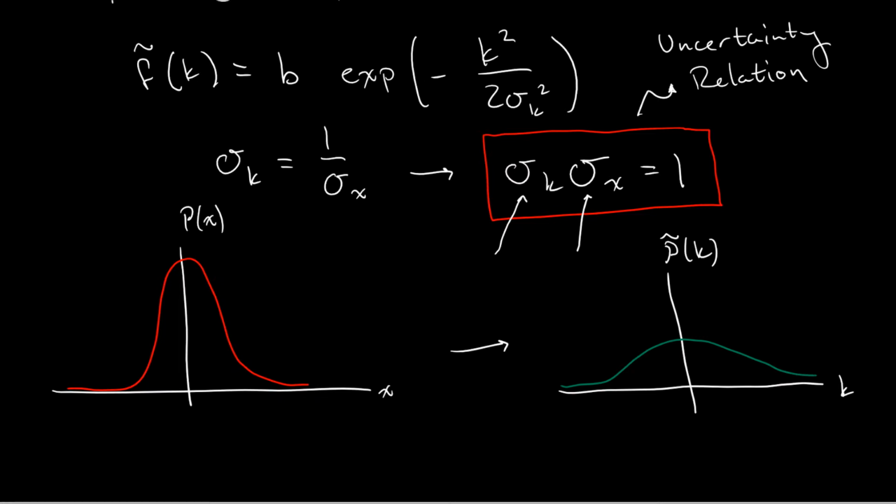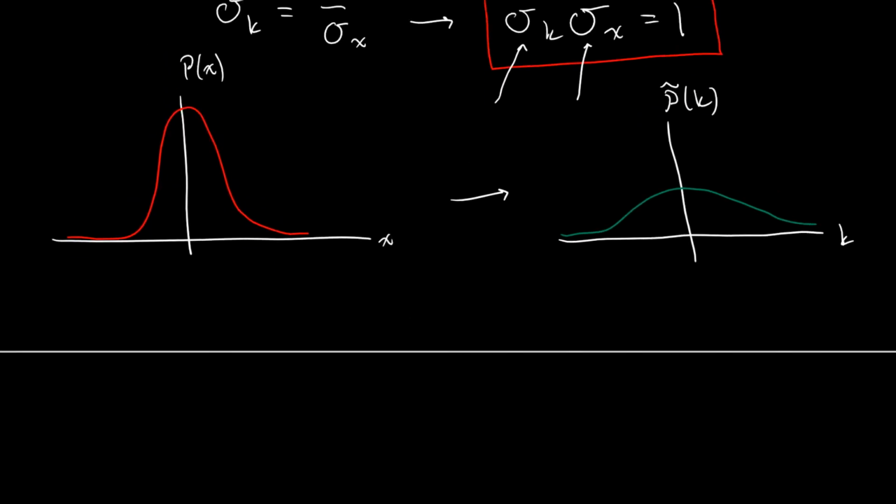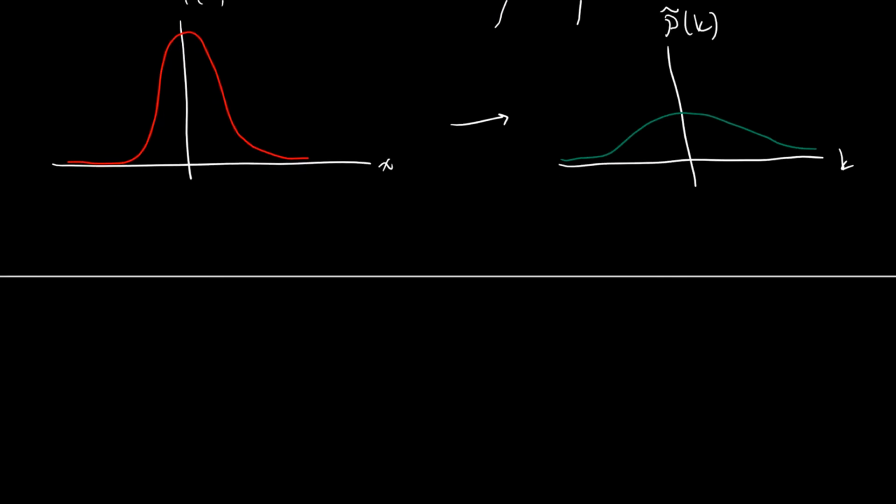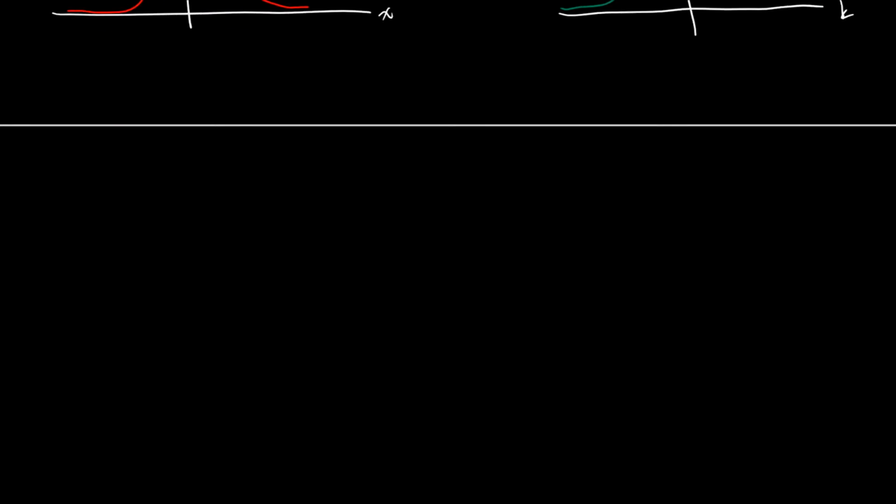And this is the whole idea of an uncertainty relation, right? If I know something better in x space, I know it worse in k space, and so on. But we shouldn't be too surprised by this, right? This idea should actually come as zero surprise to us, because we already saw